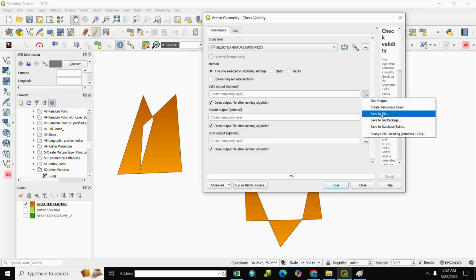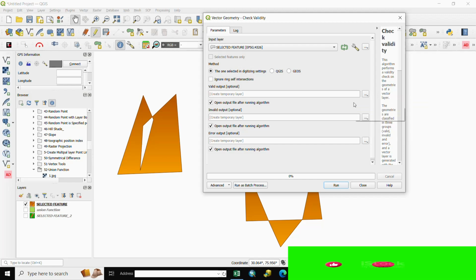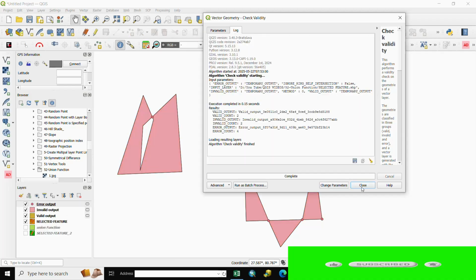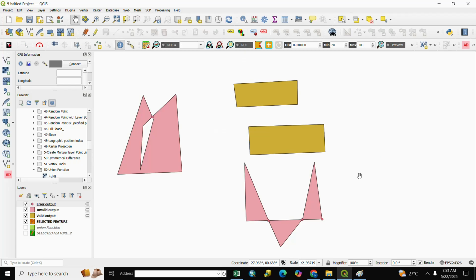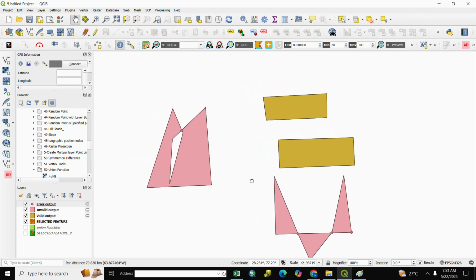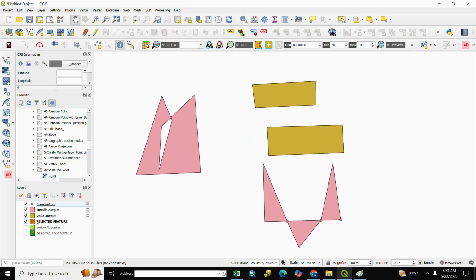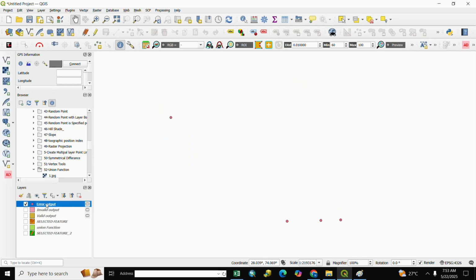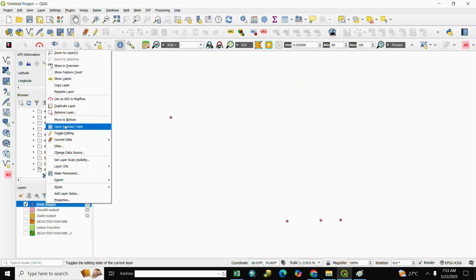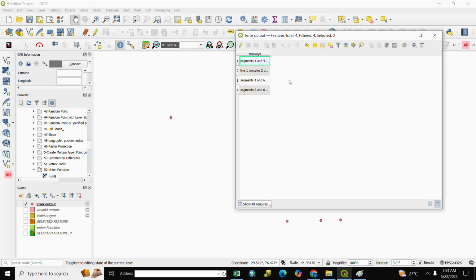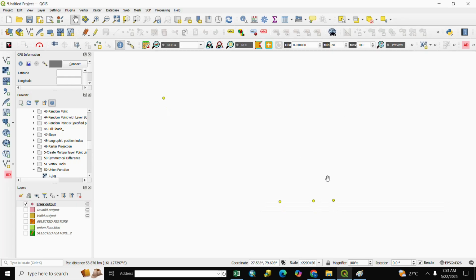If you want, you select here output location. If you don't use output location, then you run it and close it, and you see here your output. Here is your error point. You right click and open attribute. Here is the output error point. You see here output error point,